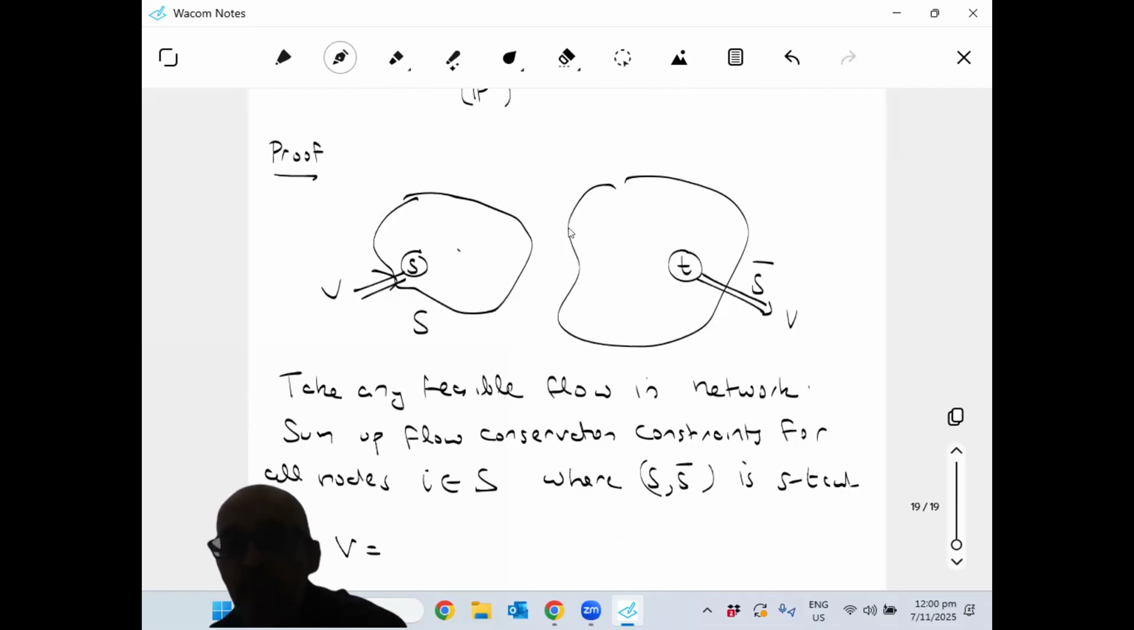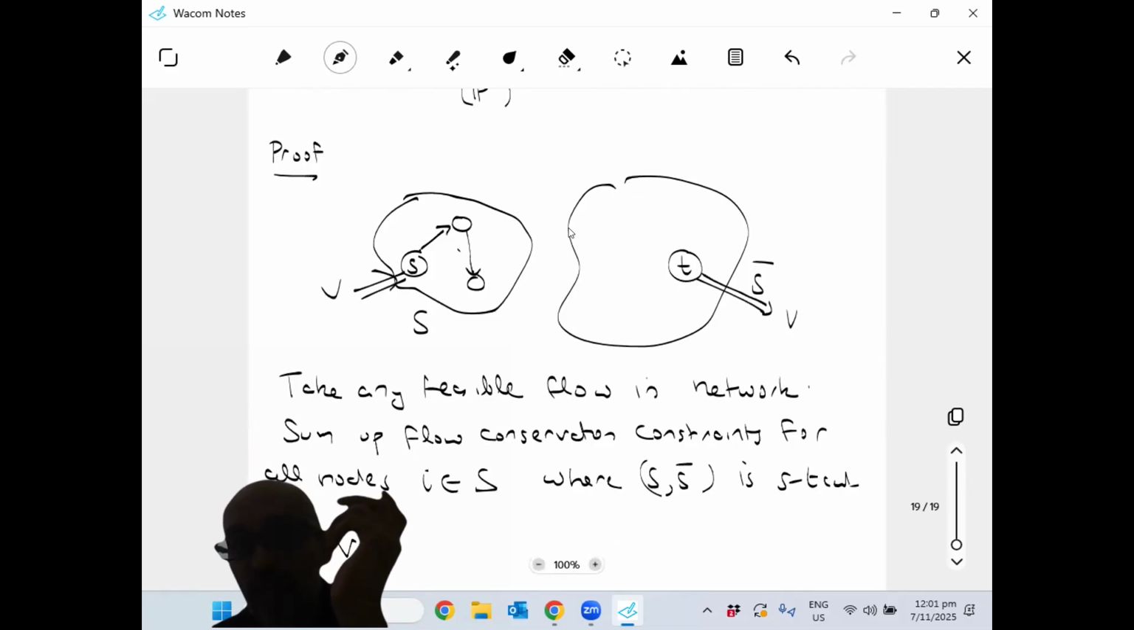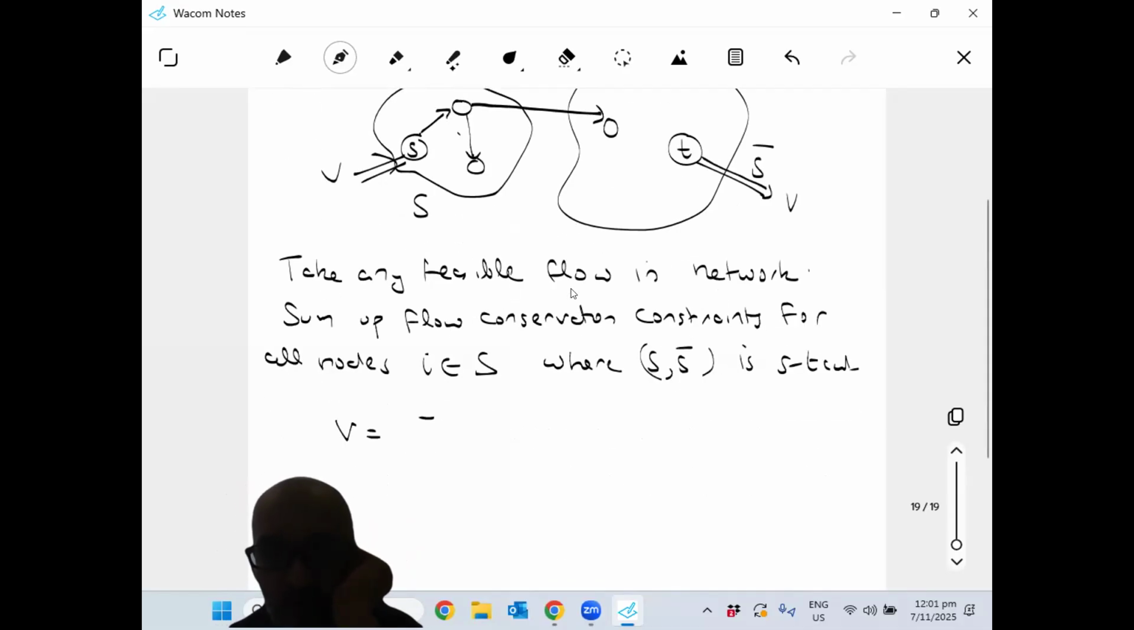So there might be a flow going from here to this node. It's positive, negative, cancels out each other. Maybe there are flows coming here, positive, negative, cancels out. There could be flows going from S to S bar. I'm only taking flow conservation on this part. So all these links will show up only one time. So I will get summation x_ij for every i in S, j in S bar, ij in E, and then